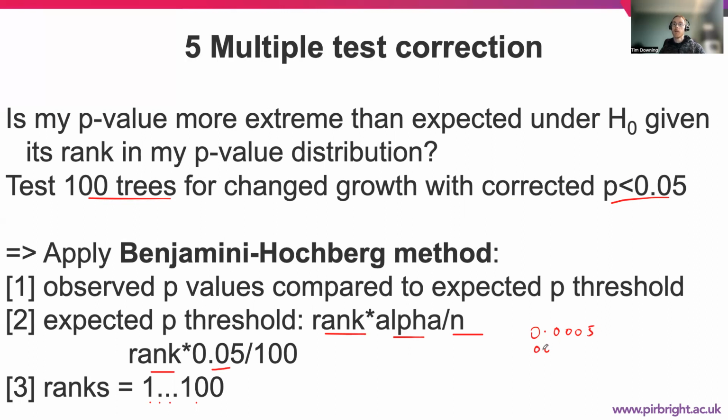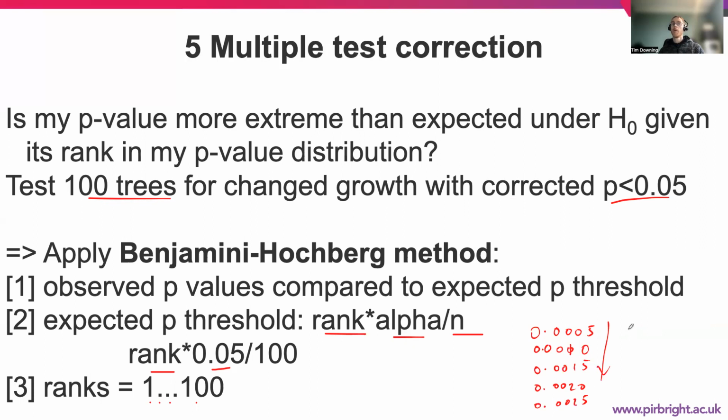if my pen allows me to write, 0.001. And the next one down is just 0.0005 further along the scale. So you can think of it as moving along this uniform distribution, and then 0.0015, 0.002, and then as you can guess 0.0025 and so on. So we just progressively move along the distribution in this manner, and we compare our different p-values